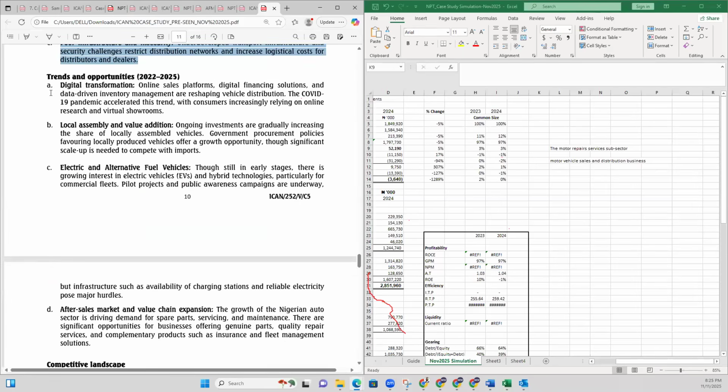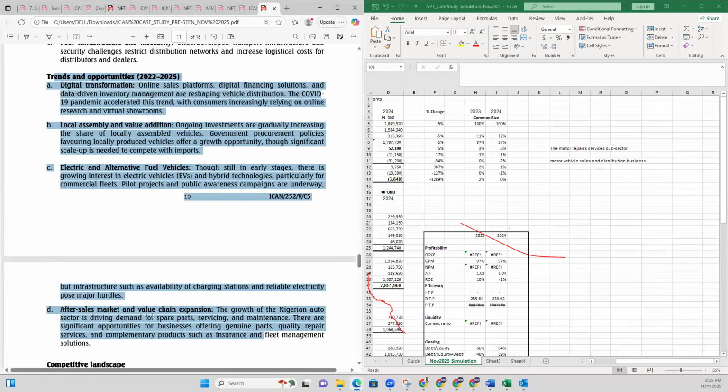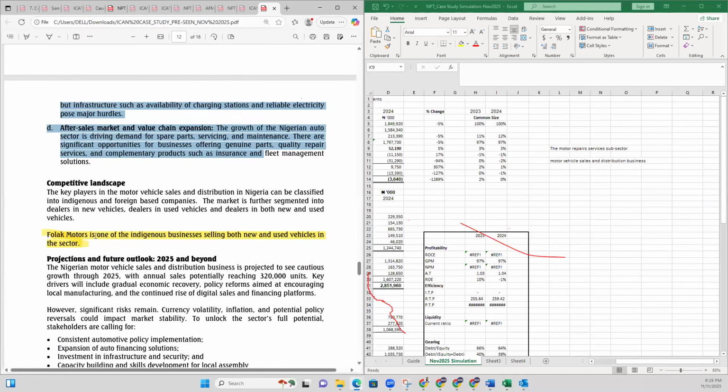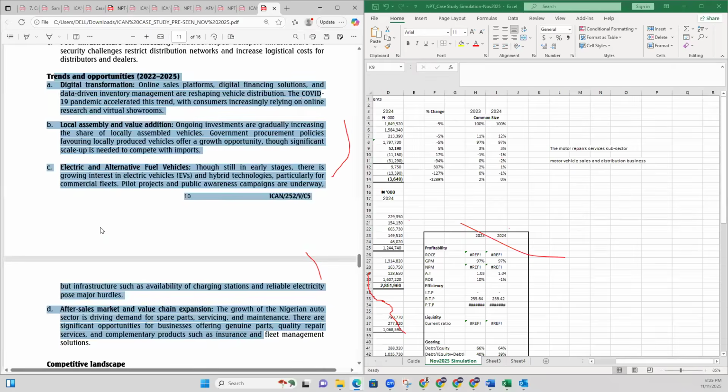And then trends and opportunity, just like we talked about in the other subsector, very similar to this case as well. And then we talked about the competitive landscape. So in this sector, we've talked about the fact that there are people who deal with new cars, some deal with old cars. And one key information they provided to you here is the fact that the company that we have seen,